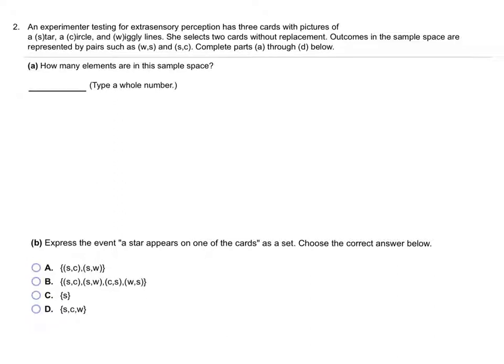Part A asks us how many elements are in this sample space. Well, we're told that we have 3 cards. One card represents a star, then another represents a circle, and the other is wiggly lines. We're going to write the sample space of selecting 2 cards. And remember, we're going to use S to represent the star, C to represent the circle, and W to represent